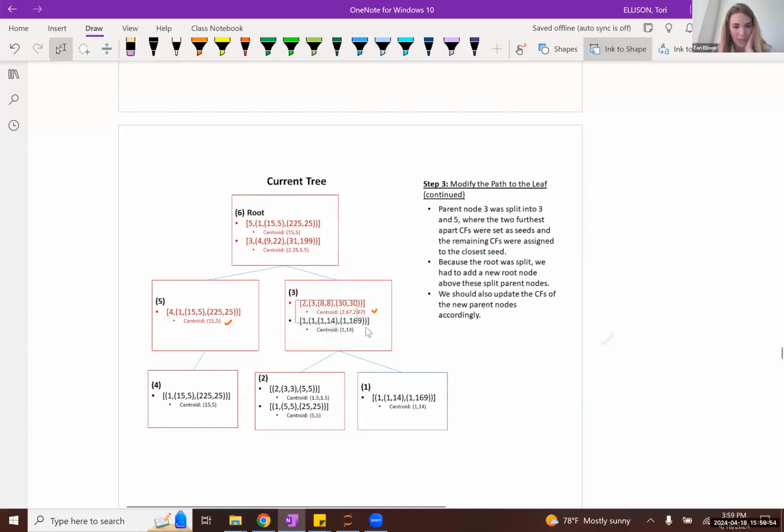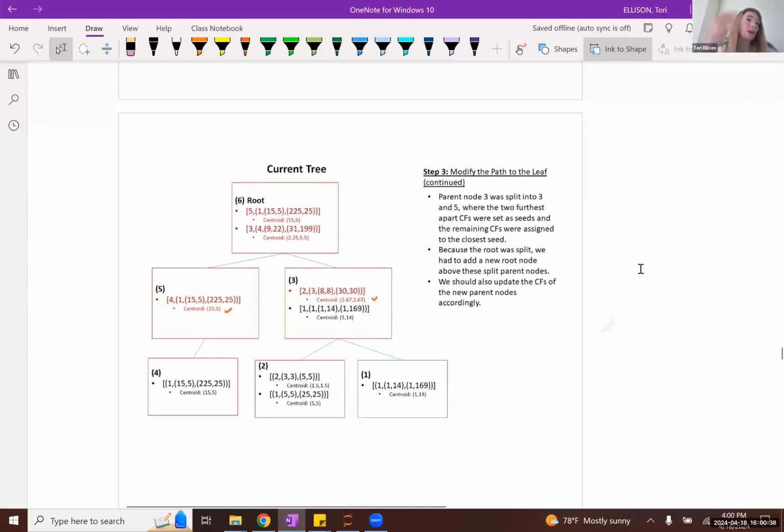This entry in our new root node corresponds to node 3, or in other words, it is the cluster we would get if we combined each of the clusters represented in this node. And this new root CF entry corresponds to child node 5, representing the cluster we would get if we combined all of the clusters in this node. However, given that there's only one cluster in this node, we simply rewrite that cluster's information here.